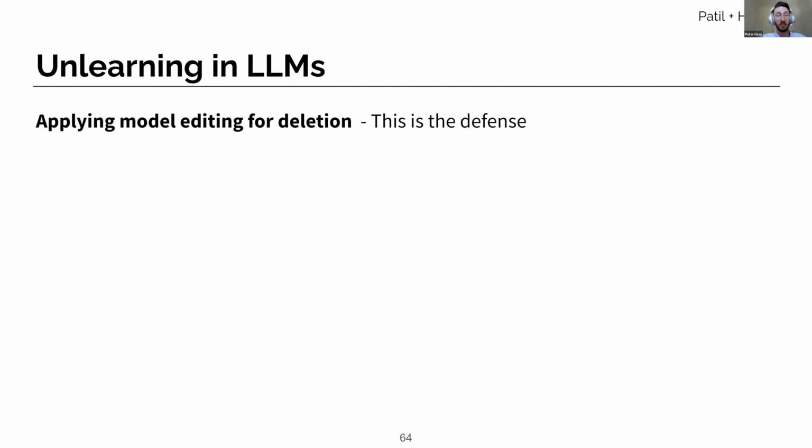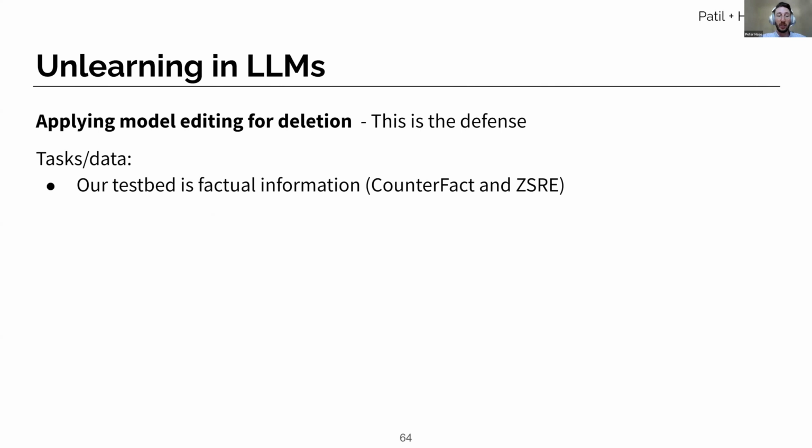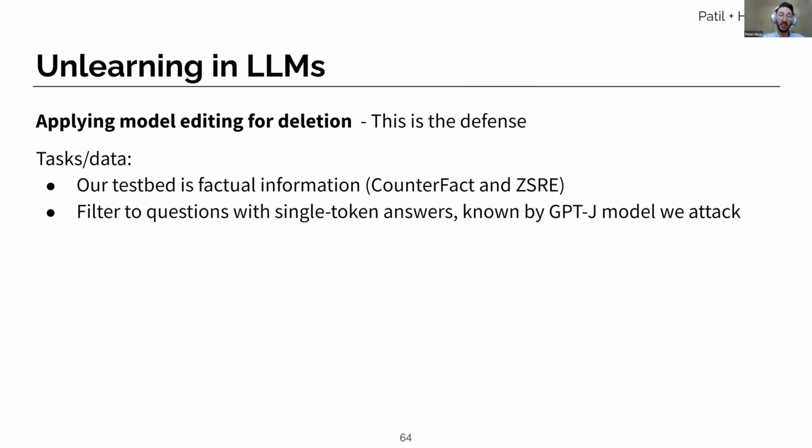When we're thinking about actually doing the deletions, this is where the model editing work comes in. The experiments we run are ultimately tested with some factual model editing datasets like CounterFact and zsRE. This is a simplified setting. We filter to questions with single token answers known by GPT-J. So it could be something as simple as, where is this university located? And the answer is like Madrid, or the answer is Spain. We check that the model knows this answer, and then we try to delete that very simple factual